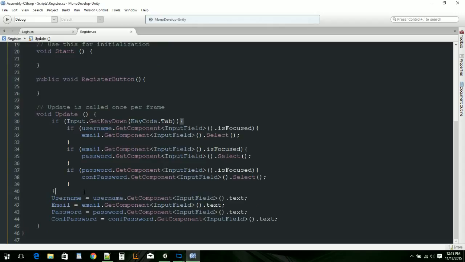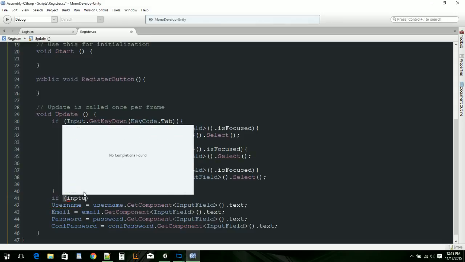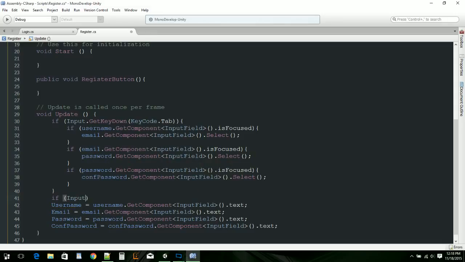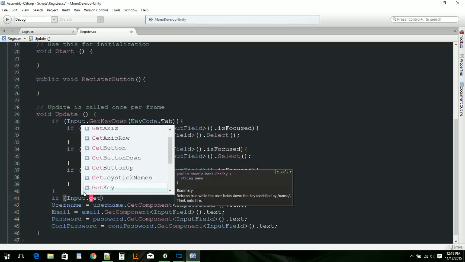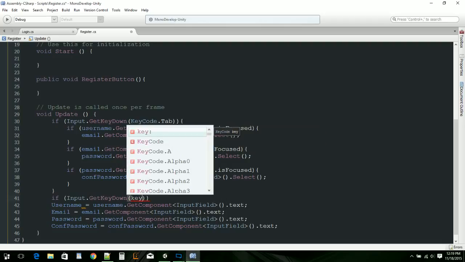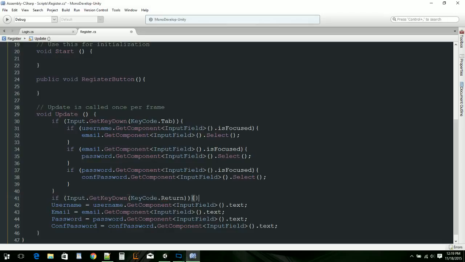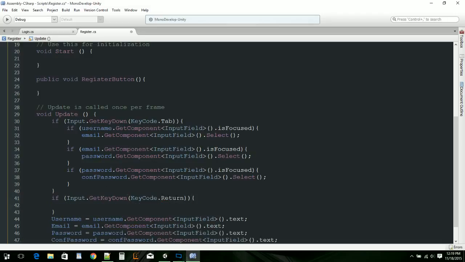So now we're gonna say if input dot get key down, and what key, it's gonna just say return. Actually no, key code dot return. There we go. So if we click the enter key, it says return because it is a return key. It's an enter key, return key, same thing. So if we click the enter key or return key, then we're gonna have it check all of these